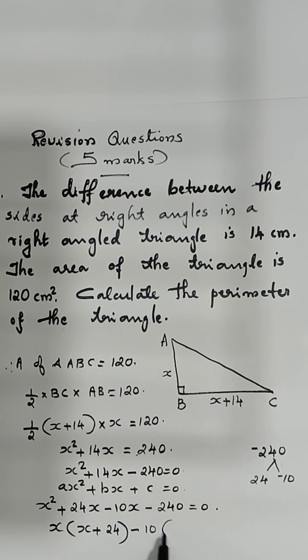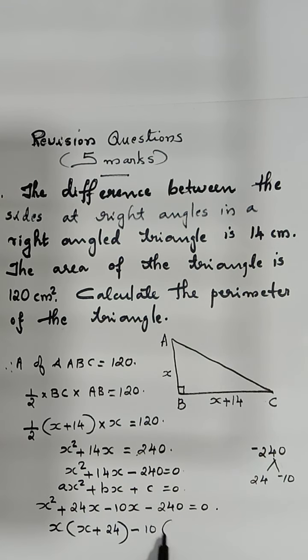Next side it is BC. BC is equal to x plus 14, that is 10 plus 14 equal to 24 centimeter. BC equal to 24 centimeter. Okay. Now after getting these two sides, it's easy to find out the hypotenuse AC. How do we do that? It's by using Pythagoras theorem. So let us use Pythagoras theorem in order to find out the third side AC. After that we can find out the perimeter of the triangle.